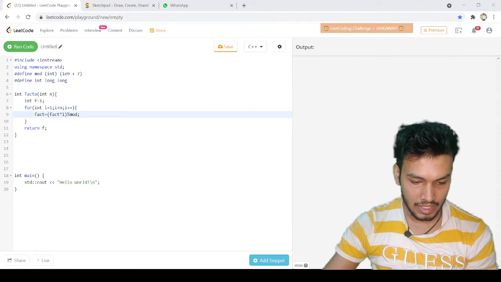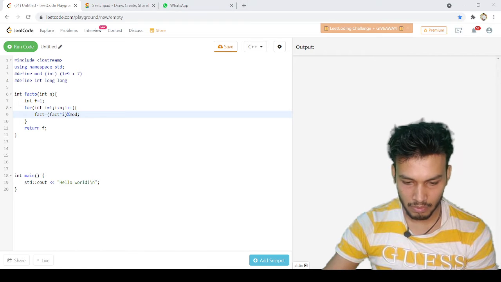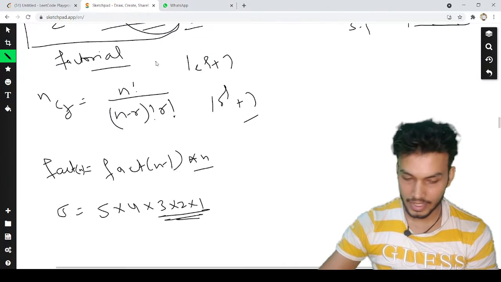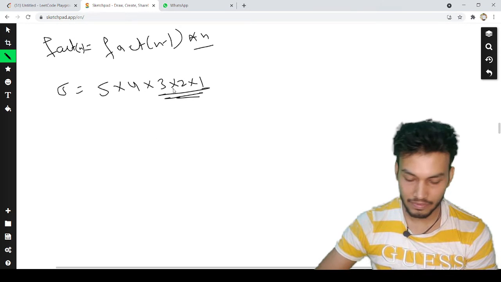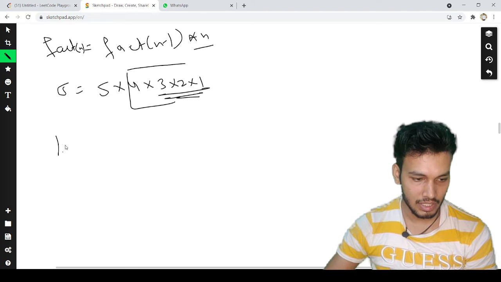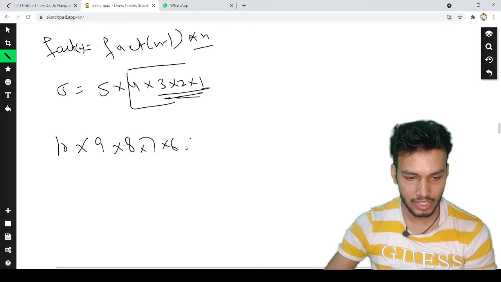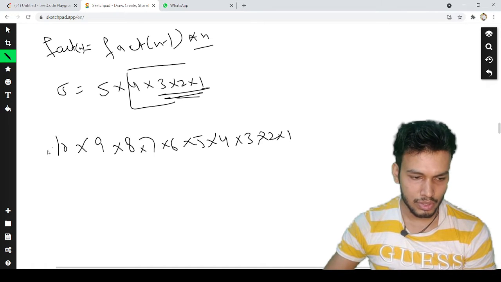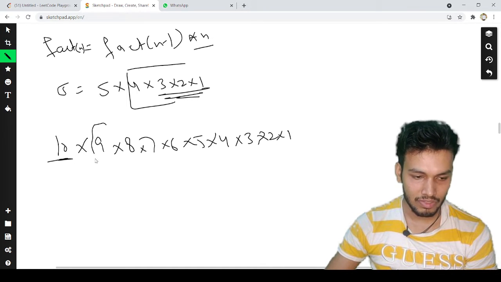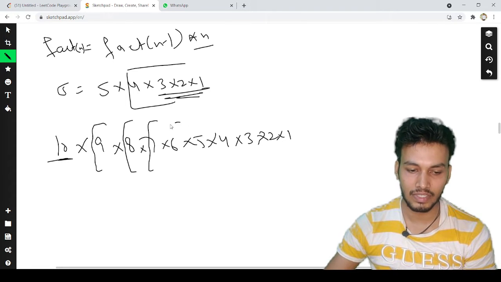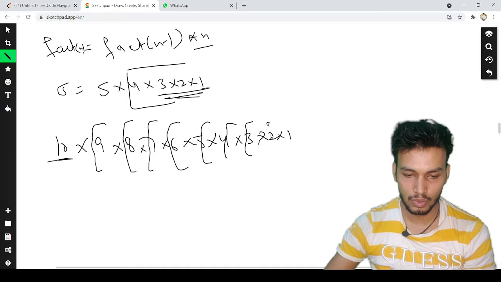Well, there is a slight modification possible here. If you notice, while finding the factorial of 5, we have the factorial of 4 as well. Let's say factorial of 10 is 10 into 9 into 8 into 7 into 6 5 4 3 2 1, right? So in our factorial of 10 we have the factorial of 9 as well, the factorial of 8 as well, the factorial of 7 as well, 6 5 4 3 2 1, right?